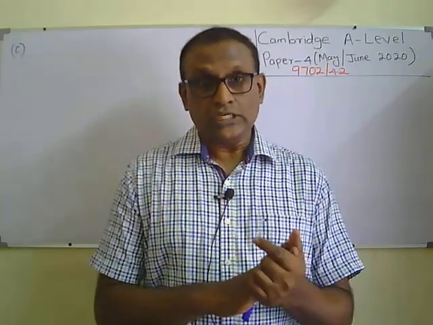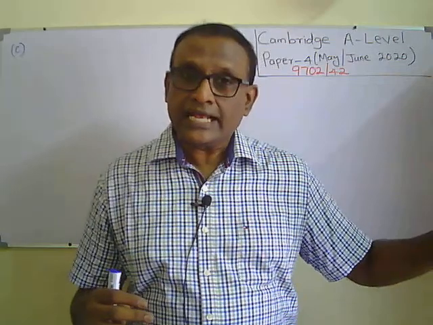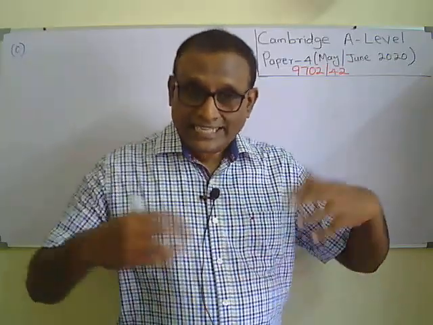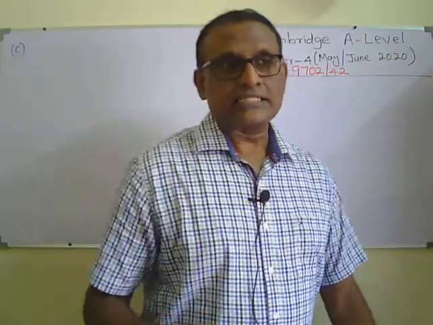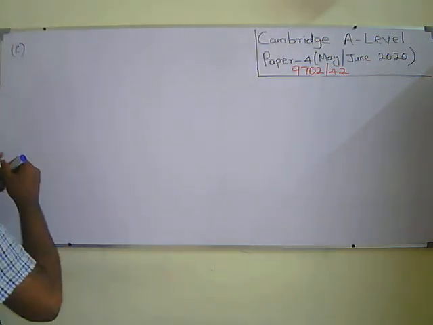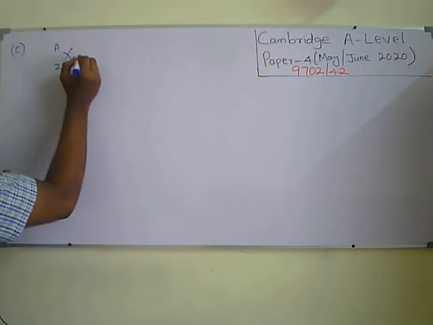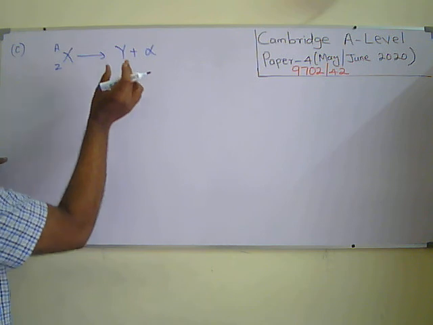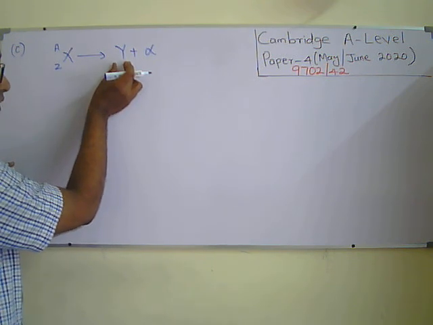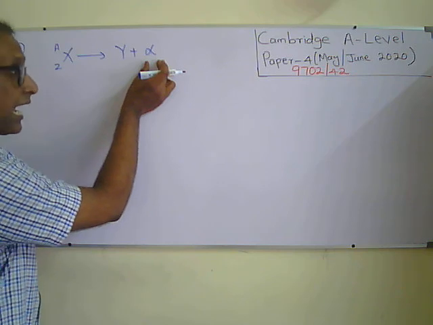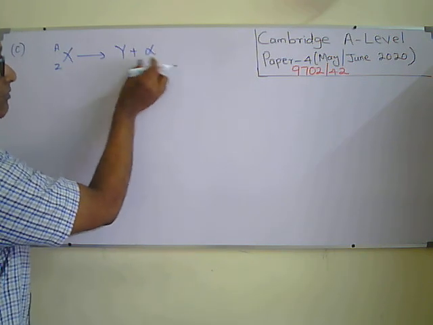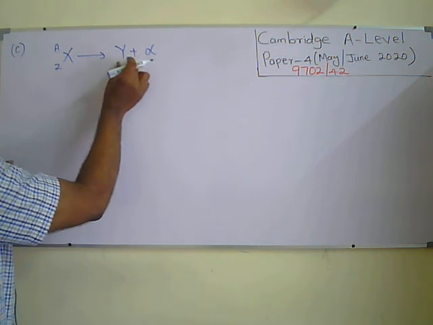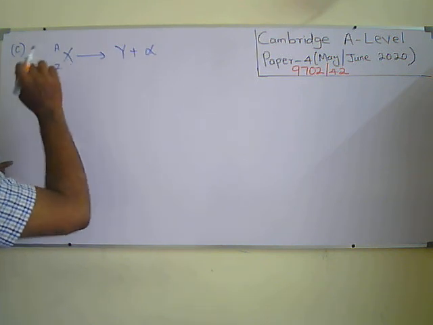Whenever during any nuclear or particle interaction the product has larger binding energy per nucleon, that will happen easily with release of energy. For example, in radioactivity, say X(A,Z) is the parent nucleus, becomes Y plus an emitted alpha particle. If you check the binding energy per nucleon of the daughter nucleus and of the alpha particle, each of them will have larger binding energy per nucleon compared to the parent nucleus. That means each of them is more stable than the parent nucleus.